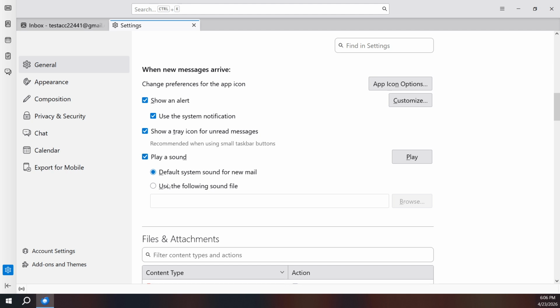If you want a bit more control, many versions of Thunderbird let you choose whether to use the default system sound or a custom sound file. Picking a short, distinctive tone can help you immediately recognize that you've received mail. If you do choose a custom sound, keep the file in a stable location on your computer so Thunderbird can